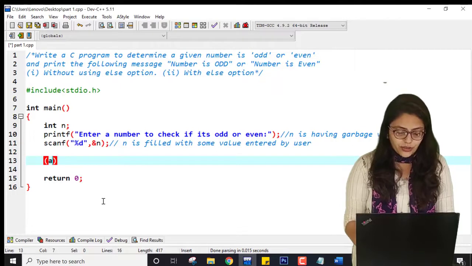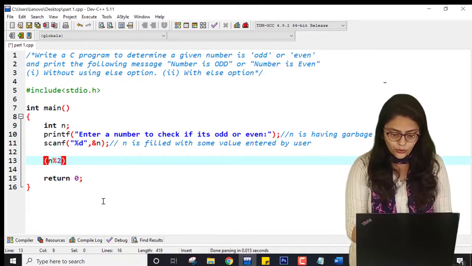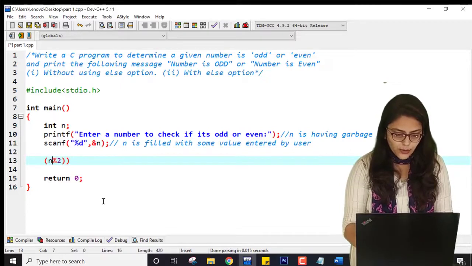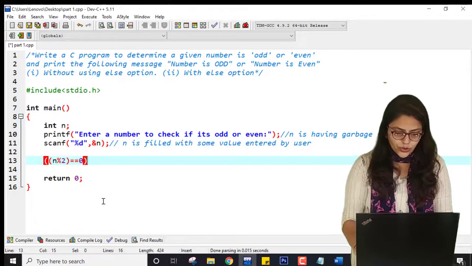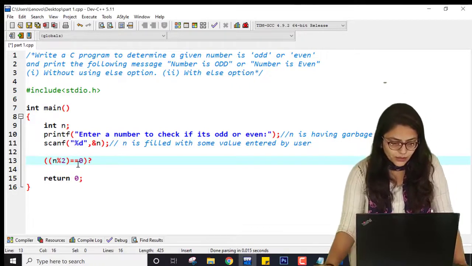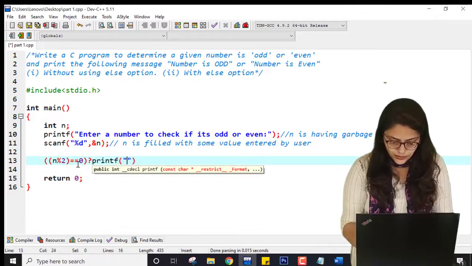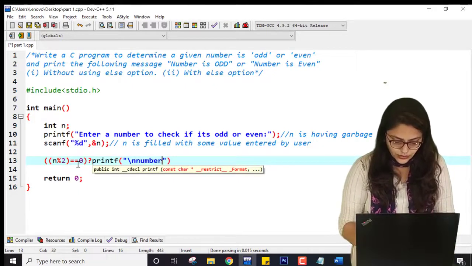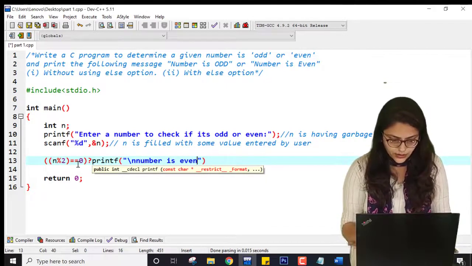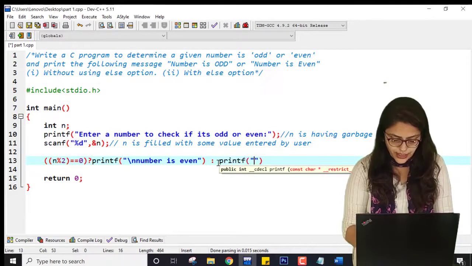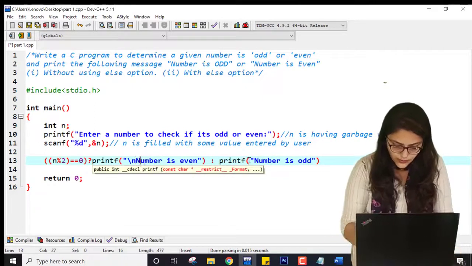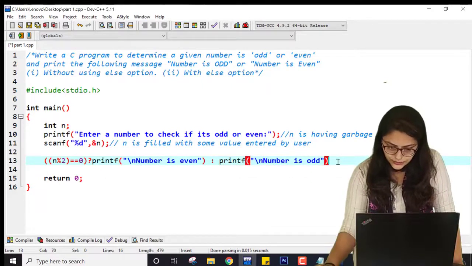So you can check a condition, n modulo 2 equal to 0, then printf number is even, else printf number is odd. Here \n,